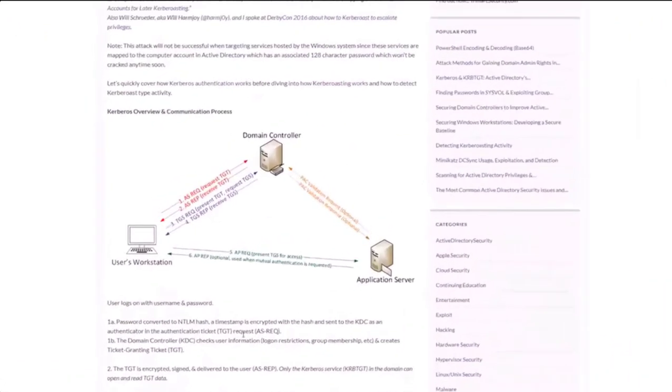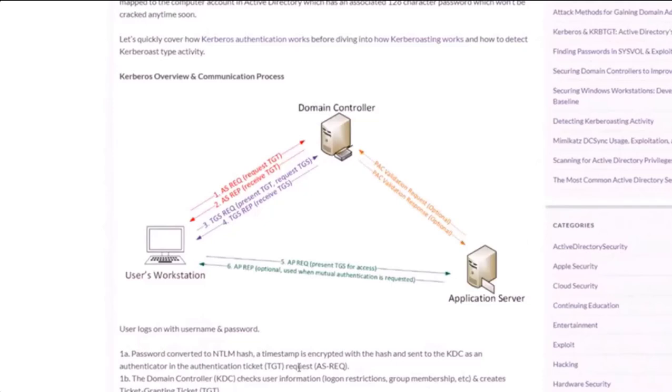So this is what Brian was talking about earlier, how the Kerberos process works, where they can go ahead and grab that hash. What they're trying to do once they know the SPN is grab the hash from that NTLM communication that it starts to talk to the domain controllers with, and then they just impersonate that account.